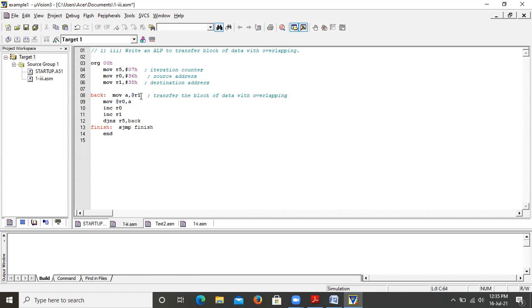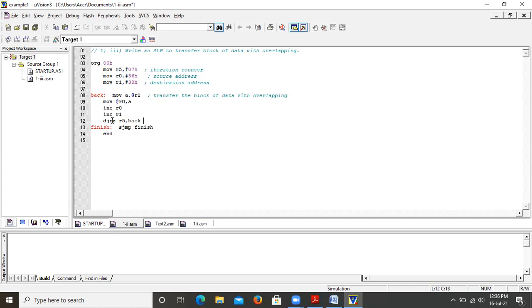After the first value is transferred from R0 to A, the same value present in A is placed into the first position of R1, that is at the 38th position. Then increment R0, the source pointer, and increment R1, the destination pointer.